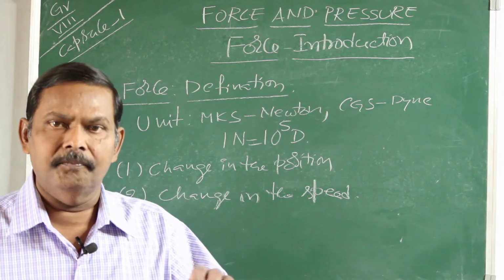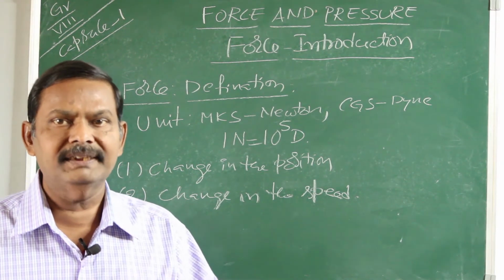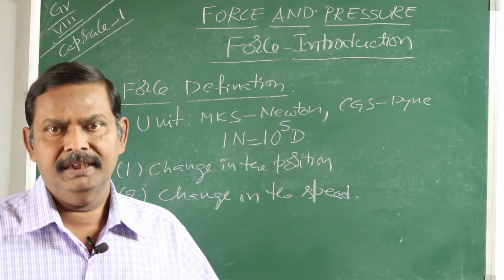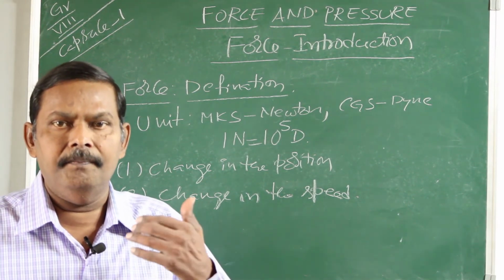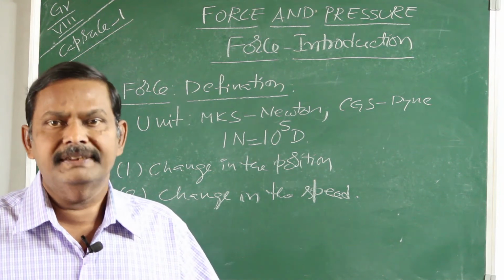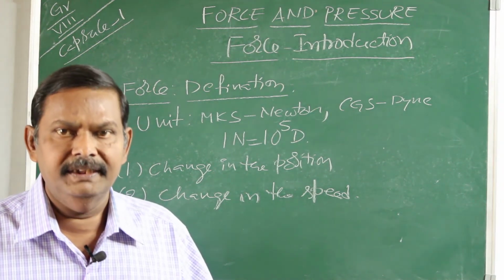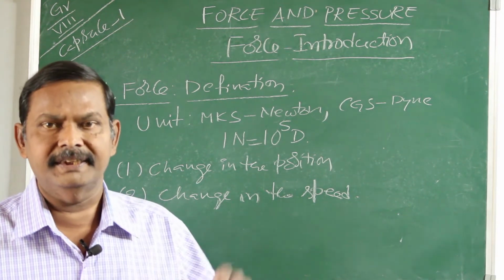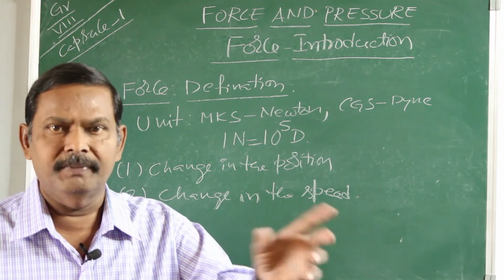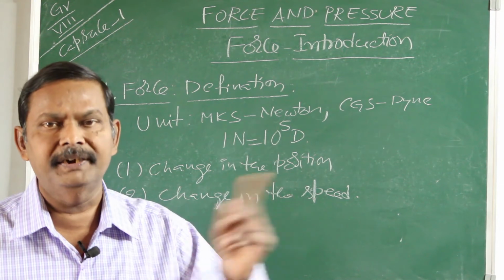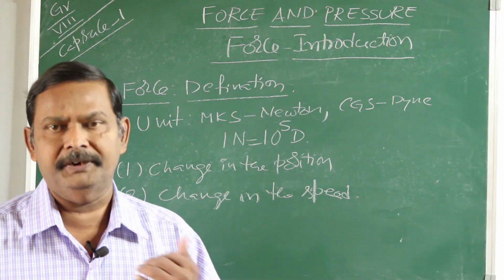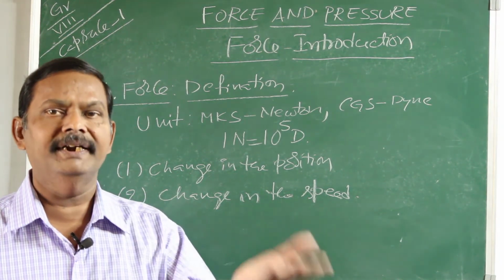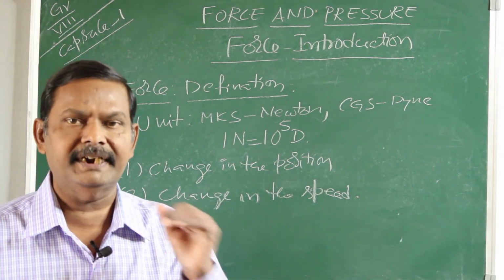In this situation, brakes are the agent of force, bicycle is the object, and effect of force is decreasing the velocity. In other way, if you pedal the bicycle with more force, you can see some rise in the speed of the bicycle. Here, applying more force on the pedals is the agent of force. Object is as usual the bicycle, and increasing the speed is a change in the speed. So force can increase the speed of the body or it can decrease the speed of the body also. That is the second effect.